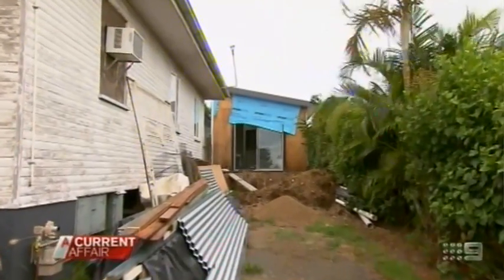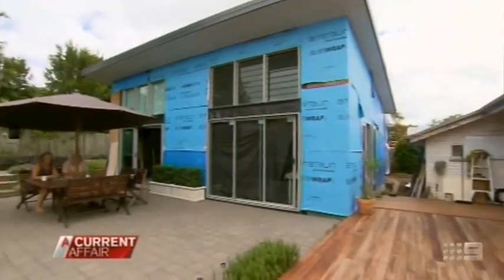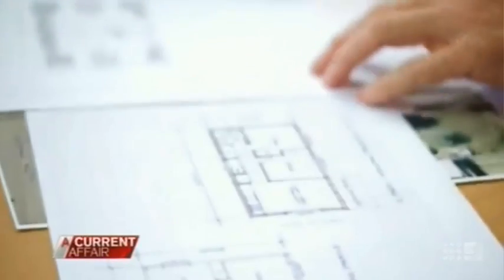From an investor's point of view, they could look to double or triple their rent return, and from a homeowner's point of view, they too could use spare space in their backyard. So you can basically turn your backyard into money, make money out of the backyard. Absolutely. It was just dead space, so use it, put a granny flat there, let someone else have cheap